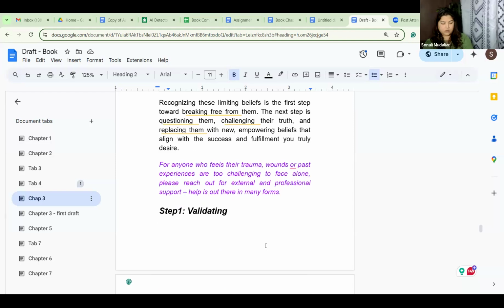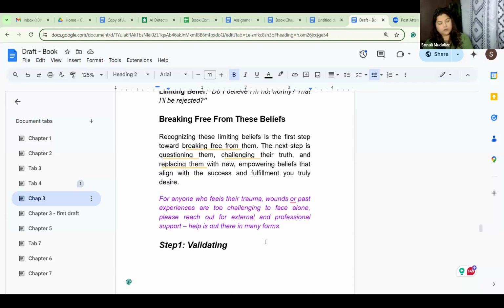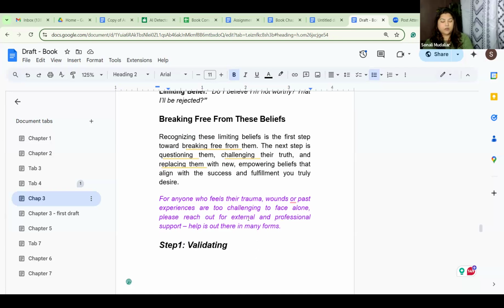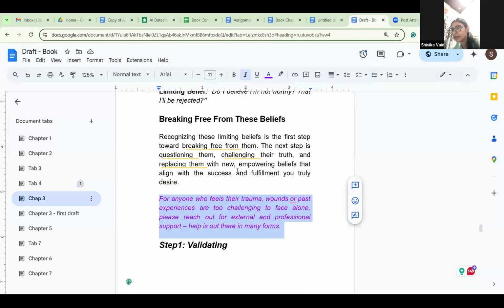Okay, scroll down. One second, stop. Why have you written this part in purple? Because I have copied from another book. I'll change it in my own language. So I read one of the books on manifestation, wherein that person has written this piece of information. So I thought this could be helpful. I will also write it in my own words.